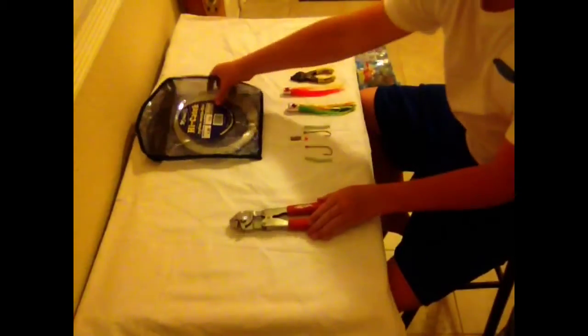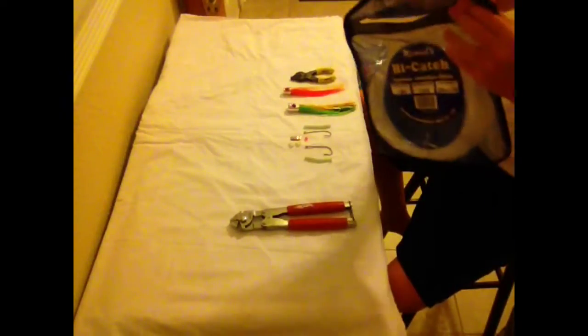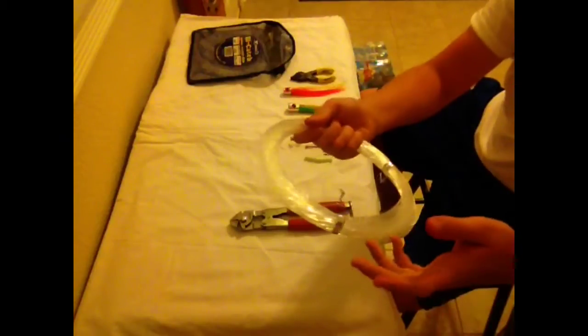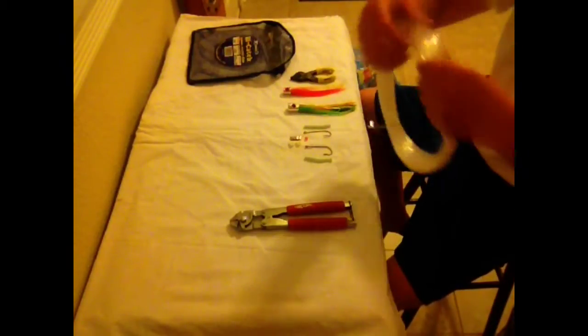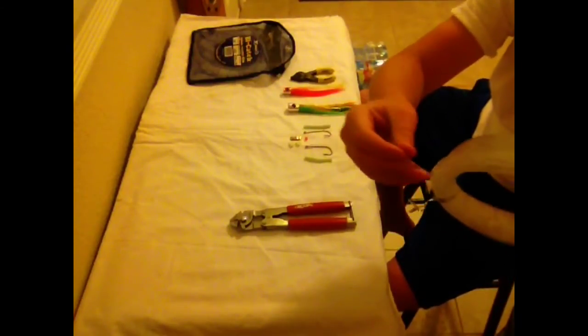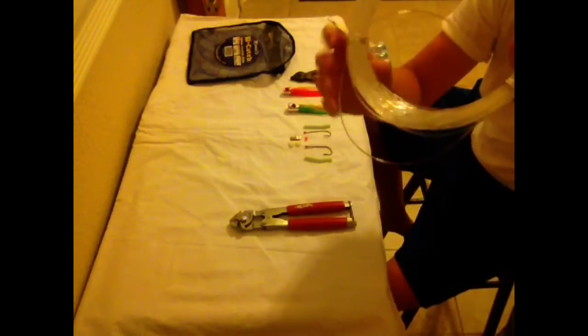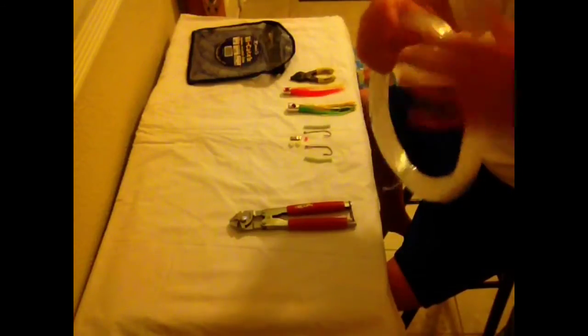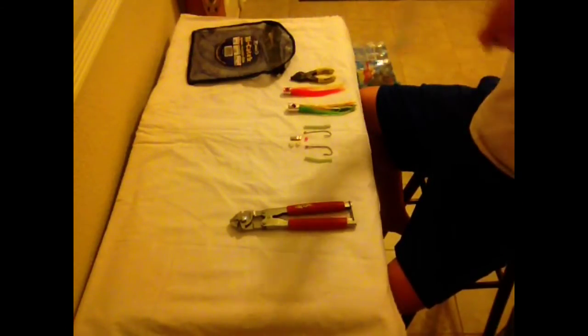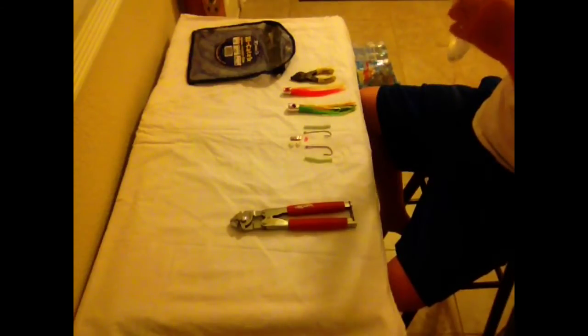So first, you're going to want to take out your 300-pound test mono. Set the case to the side, and make sure you do not undo these, because if you do, it'll just go everywhere and go haywire. So you're going to find a tag end, like so, and then just push it back out of there. Push it out like this, and keep going around until you get maybe a 4 or 5 foot section